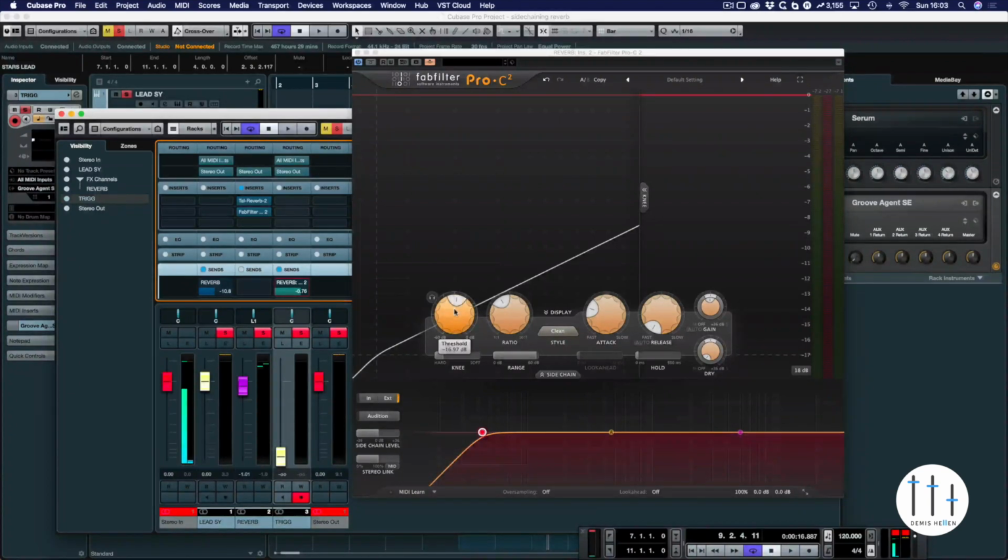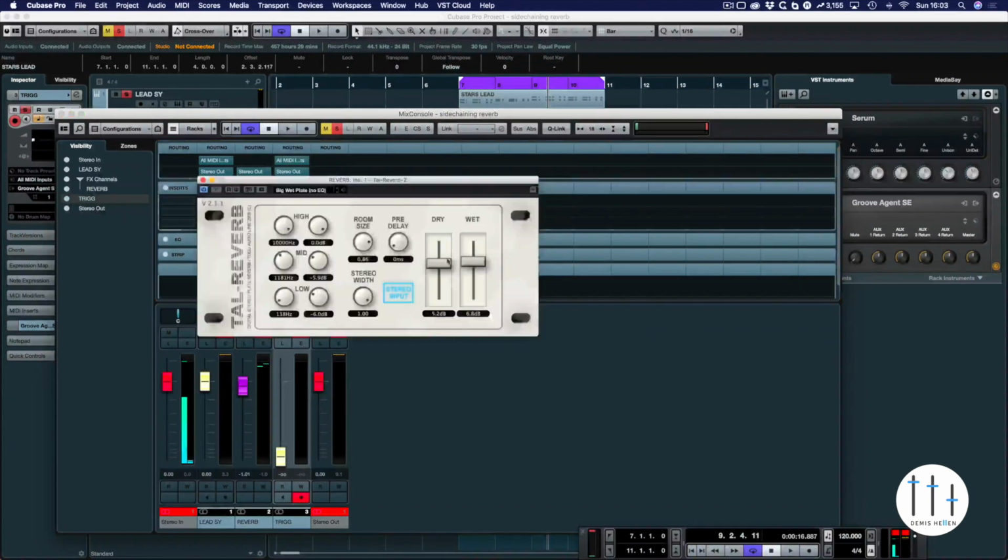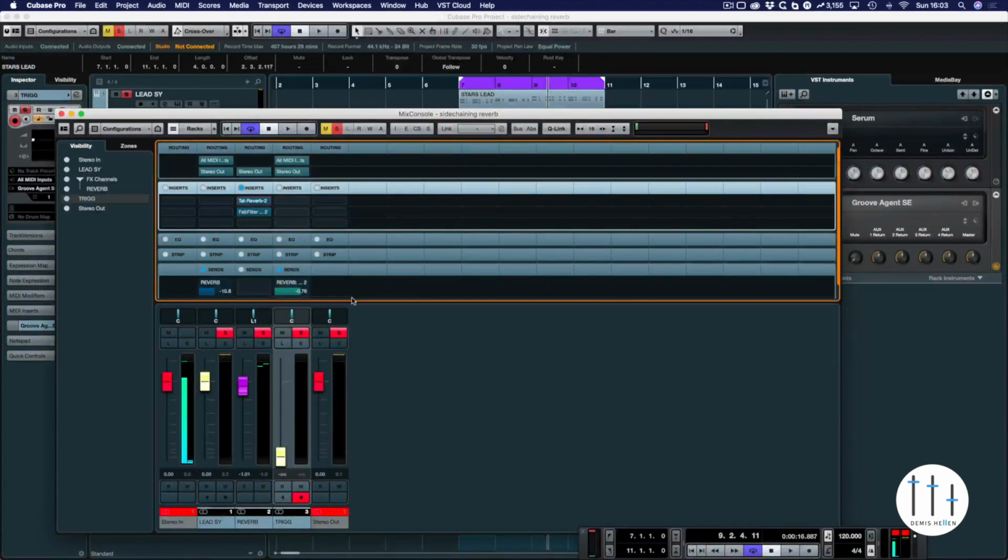So it gives you a little bit of control, and you can obviously tame your reverb a little bit more. So obviously the reverb's set to quite a high wet level there as well with the Tal reverb, and it works different with different reverbs because they all have different sounds, but it's a really good way to keep those